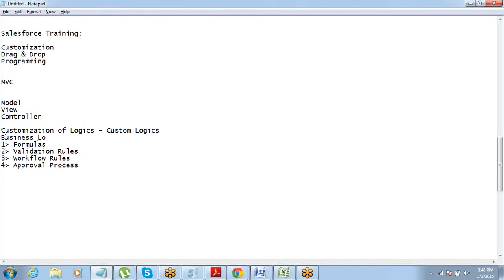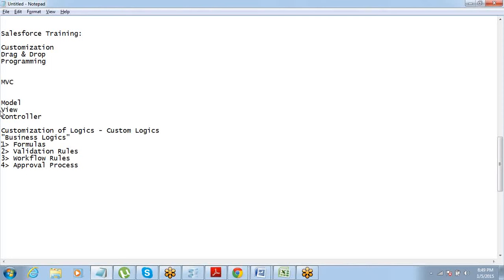So this set of customization options is also called business logic in Salesforce. Okay, sometimes this is referred to as business logic. So when I'm talking about business logic, we mean these four things. Okay, so putting logics, and remember, we are not going to put any logic where we involve any programming. No programming will be involved. These are all drag and drop kind of options, simple options of putting custom logics on our apps. Okay,